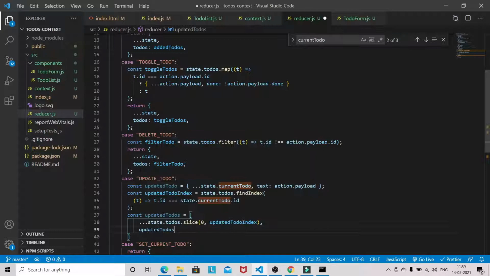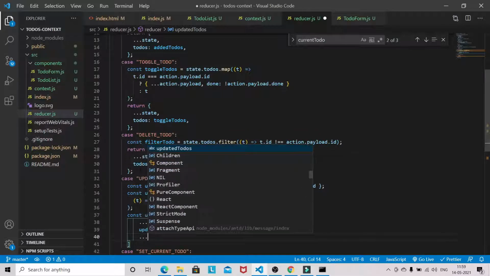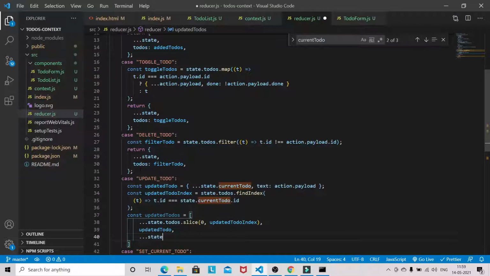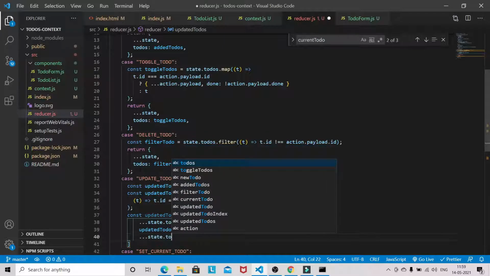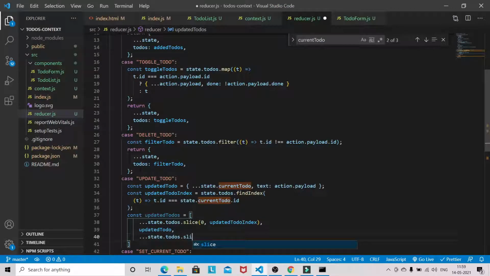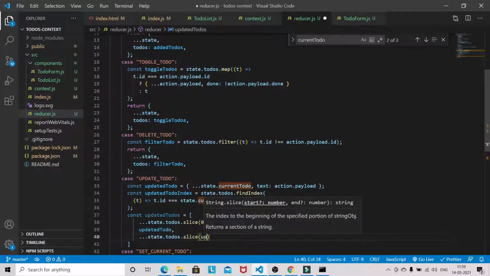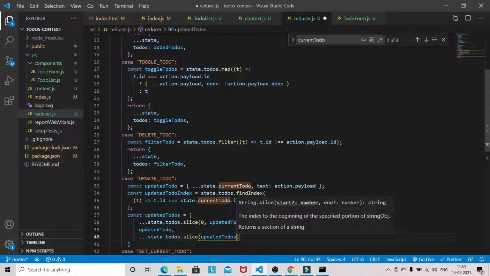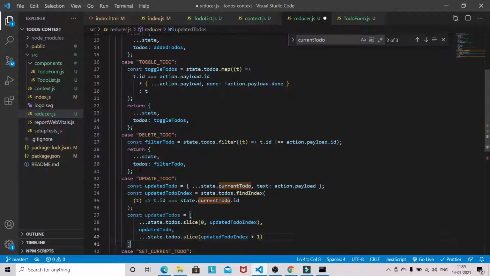Now updatedTodo. Now again todos.slice, updatedTodoIndex plus 1.